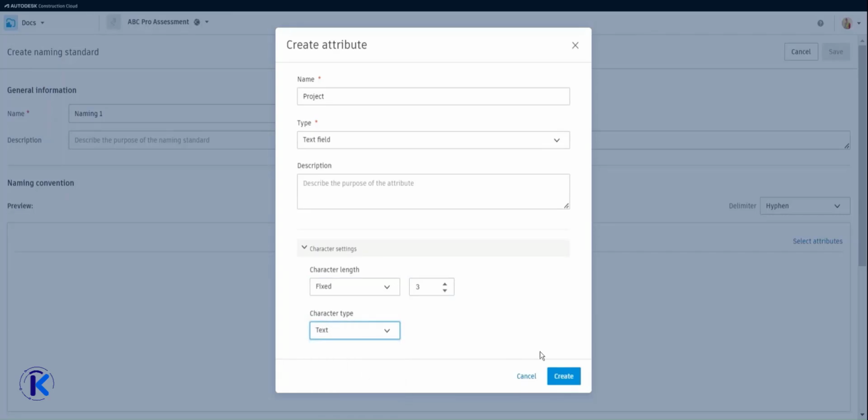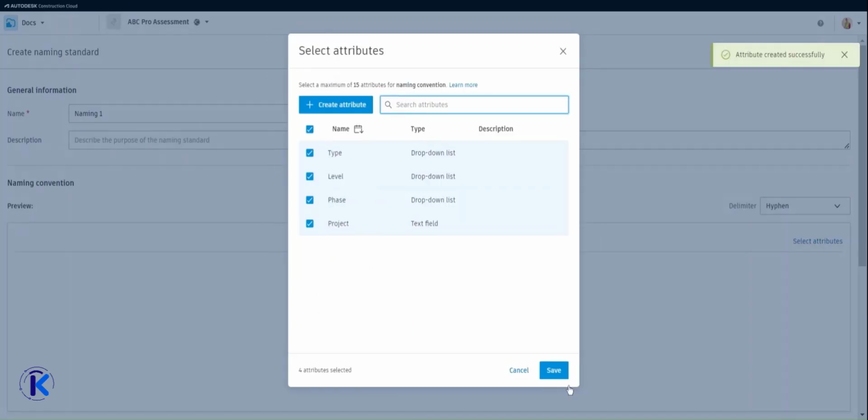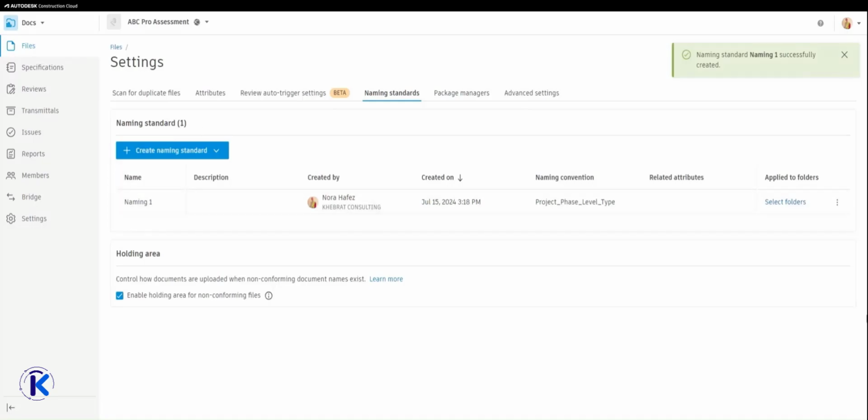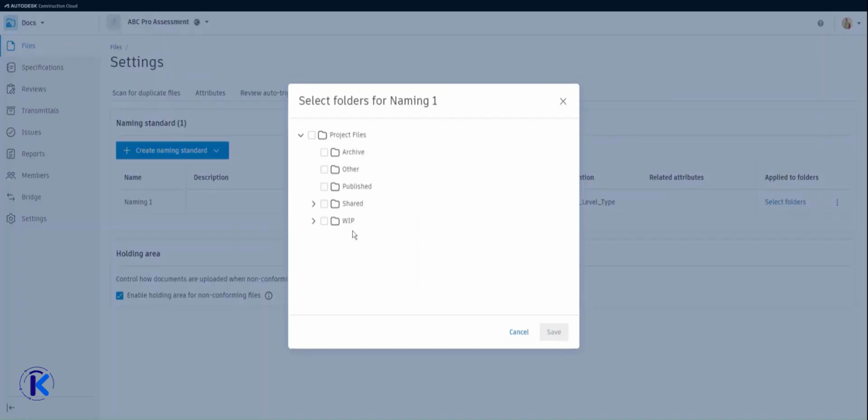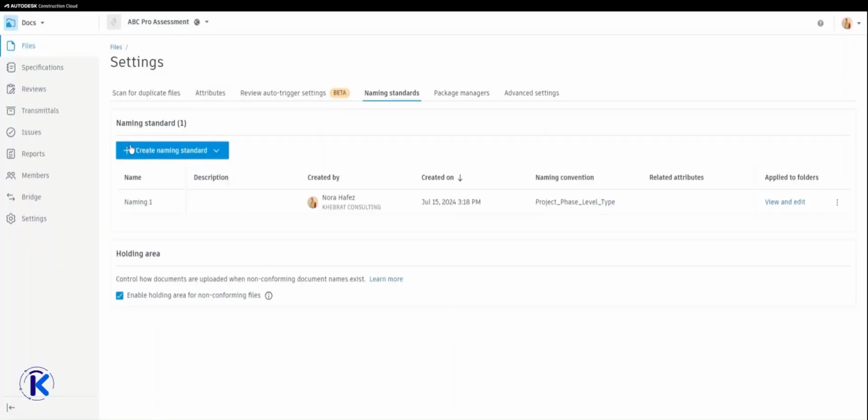When you finish, click on the Create button. After creating all the naming attributes, press Save. And finally, click on Select Folders to apply this naming standard to each folder you want. If you want to create another naming standard for the same project, click on Create a Naming Standard to create